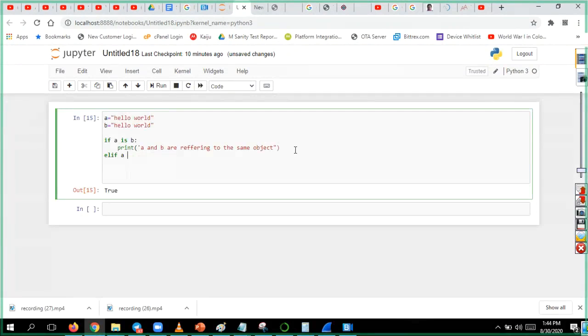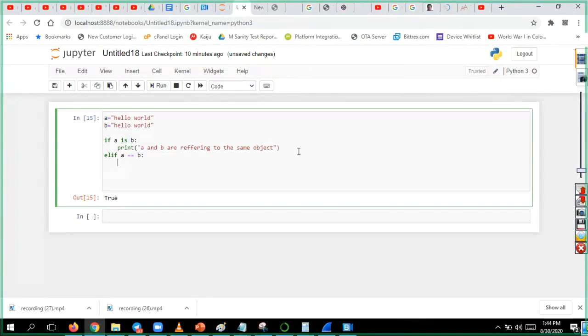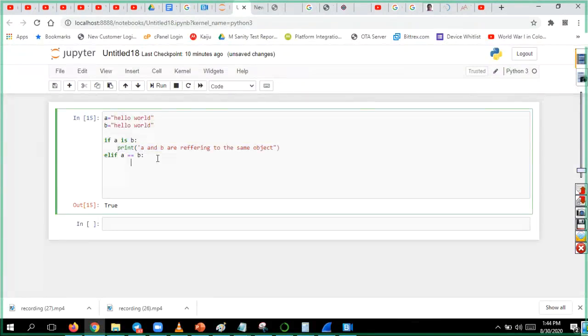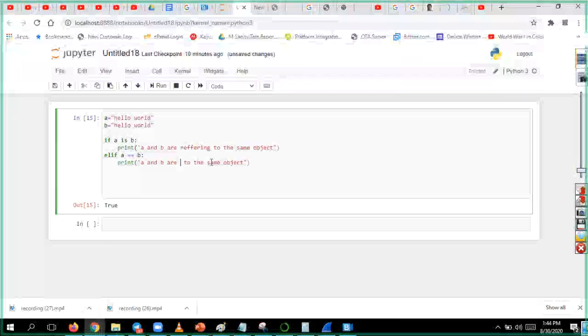A equal to B. Then what I can give is, A and B are same values. Hello world, but they are not referring to the same object, but both are having same values. Correct, right? Both are same, right? But they are referring to different objects, but they are having the same values.